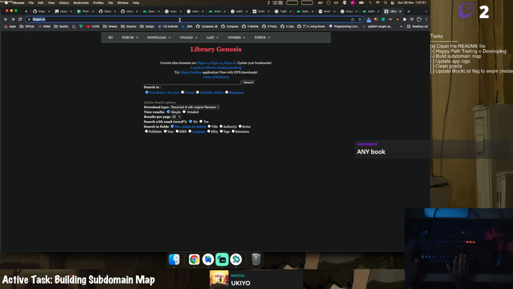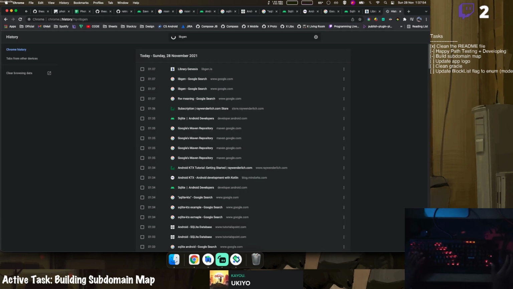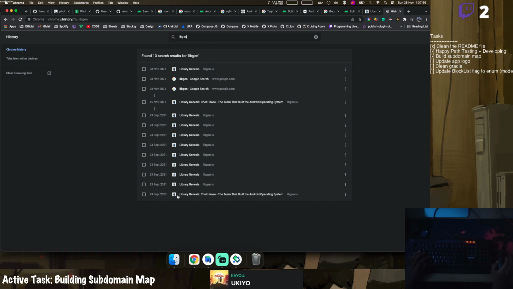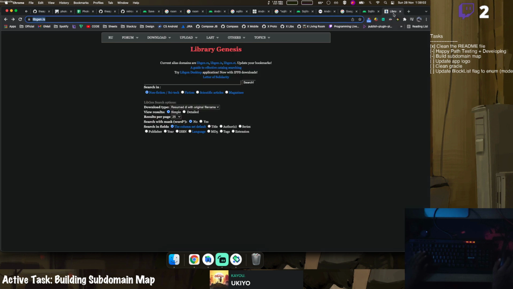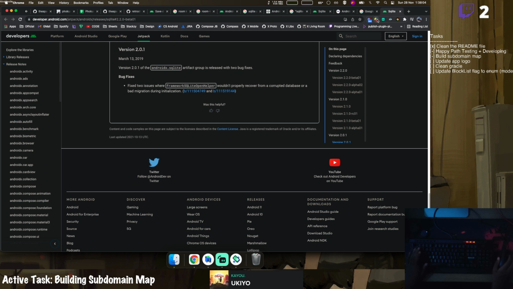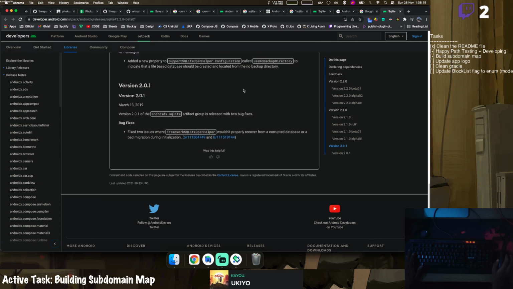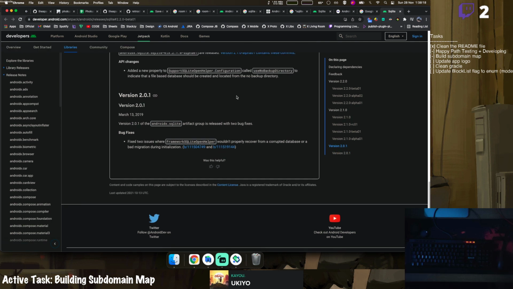Libgen for Android books. Yeah, for the Androids. I was just checking if that's available. Anyway, I'm not a book person. I don't read books. I wish I could, but I don't have any interest in book reading. What about you? Do you read books? I actually read only one book, but that was to experience,